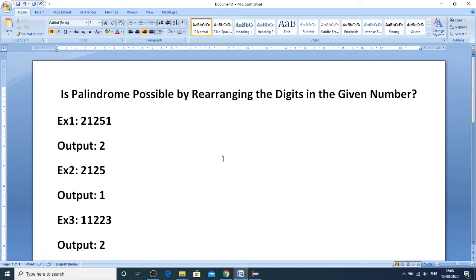Today I have come out with one more logic building problem that will be seen in most of the company placements. So first let me explain you what the problem is, and then I am going to run my code and then show you how all the test cases are being passed, so that you can either use the same solution or you can modify it to further optimize it.